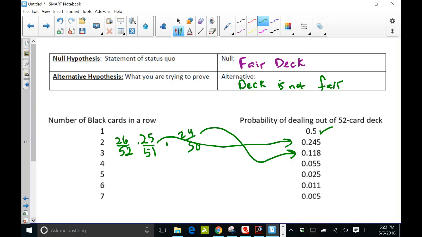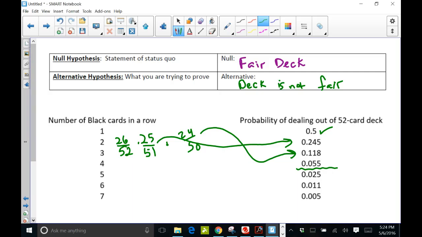What's kind of neat statistically speaking is that at some point during this whole scenario, you started getting a sneaky suspicion that I was not telling you the truth. And usually that time is when you have an event that's happening less than 5% of the time. It's just kind of a fact of human nature that as soon as we got past the fourth black card, up until that point, you're like, okay, this could happen. But as soon as you get past that, you start to say it's really unlikely. And this probability of getting 4 black cards or 5 black cards in a row, if the deck is fair,